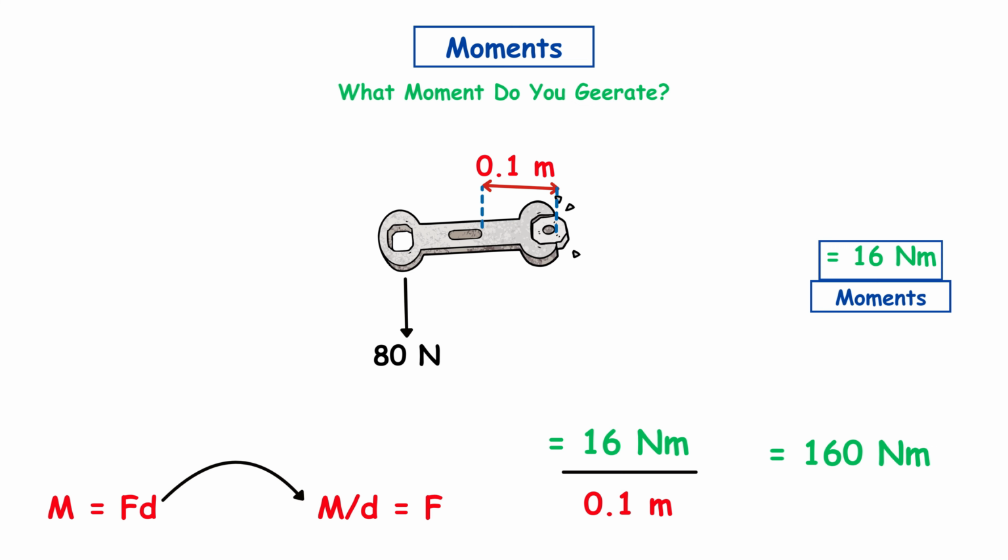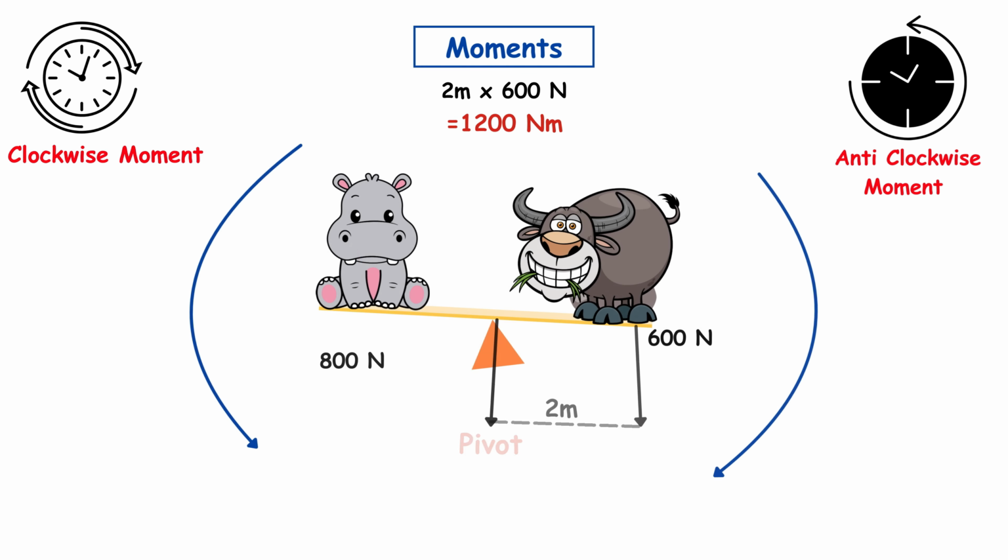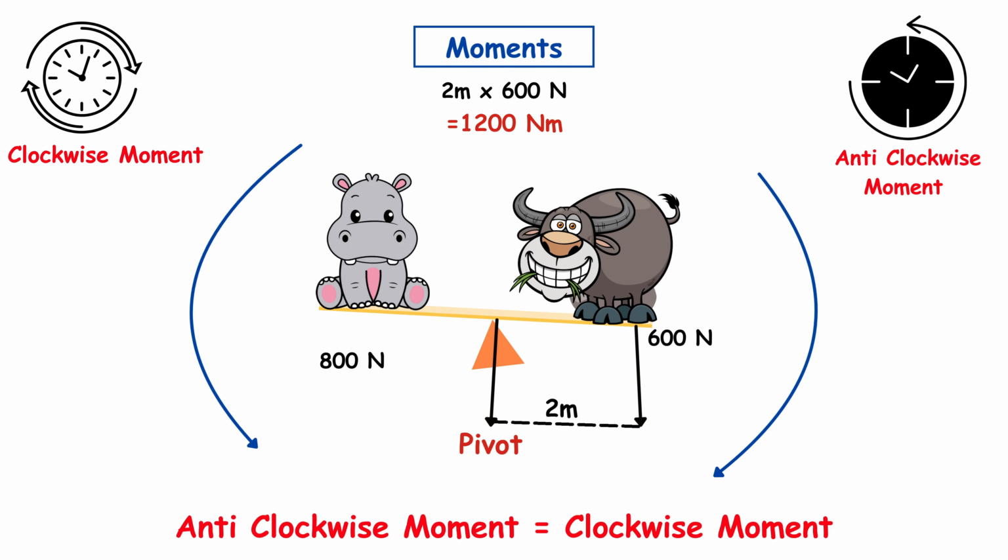The final concept we need to discuss is that sometimes more than one moment can be acting on the same object simultaneously. A classic example is a seesaw. In the case of a seesaw, the pivot is located in the center. If someone applies a force on the right side, the perpendicular distance from the pivot to where that force is applied might be, say, 2 meters. If that person is exerting a force of 600 newtons, the moment created would be 2 multiplied by 600,